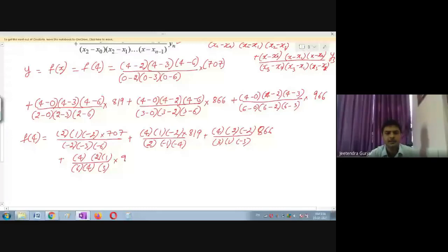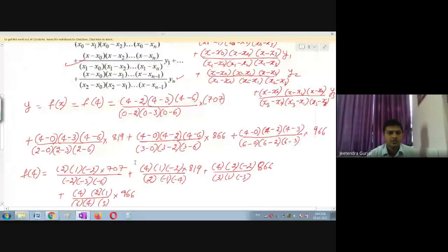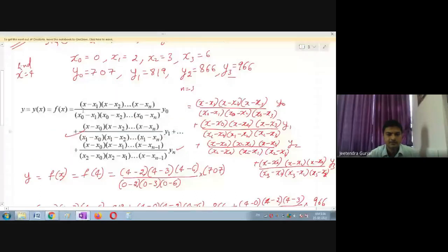So see here, once again I will repeat. N is equal to 3, you have to substitute in this. So wherever n is there, I will be putting here 3. So you can see this will be in terms of like this. So one clue I will tell you here on how to remember the formula. See here, students, when you take here y naught, you can see this is x naught, x naught, x naught. This is fixed, and in the numerator x naught will not be there, but below: x naught minus x1, x naught minus x2, x naught minus x3, you have to remember.